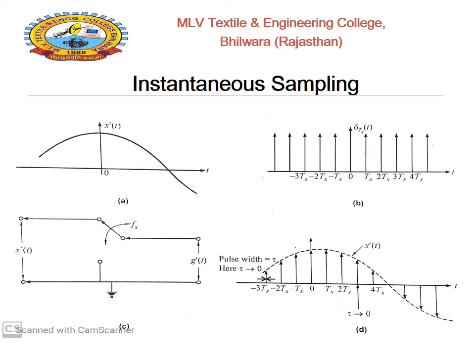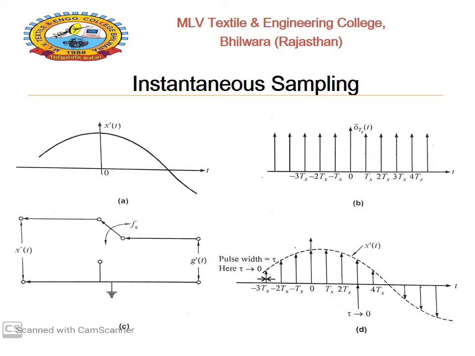In instantaneous sampling, as represented in this PPT, figure A represents the continuous time signal x dash of t. Figure B represents the impulse train with the time durations of Ts, 2Ts, 3Ts, 4Ts, and in a similar way on the negative side, minus Ts, minus 2Ts, minus 3Ts. And figure C represents